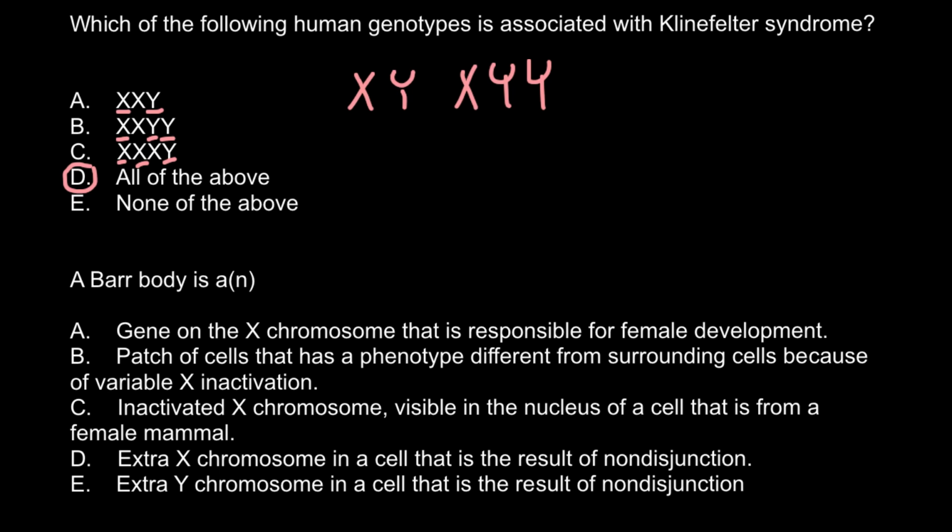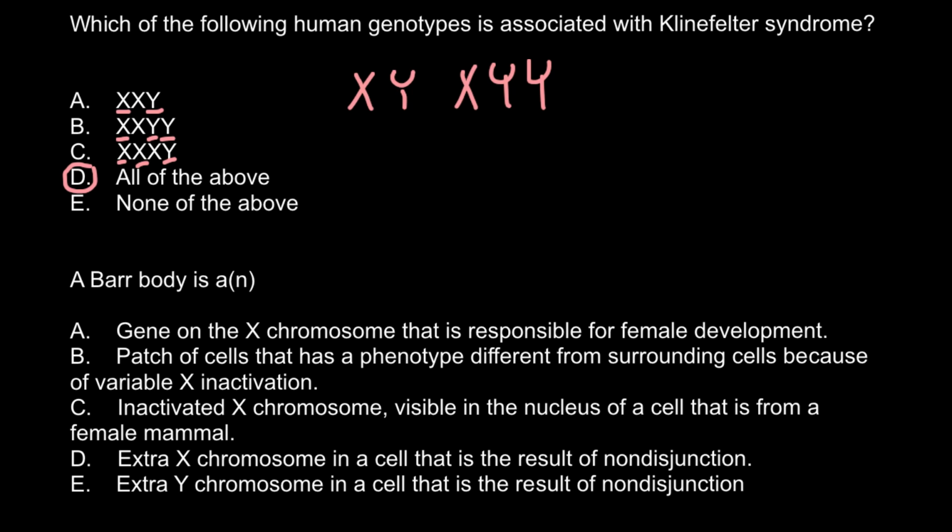I will return to this when I answer the next question, because it will be much easier for you then to understand why such a condition is much easier tolerated than an extra chromosome of any other autosome. And we call autosomes all the